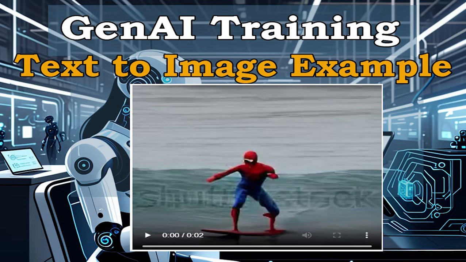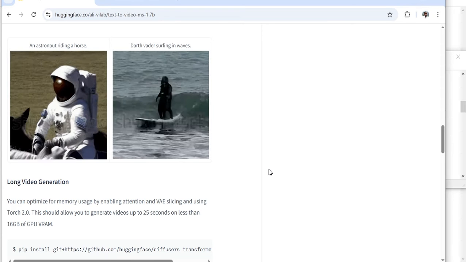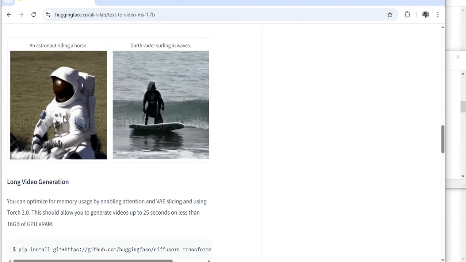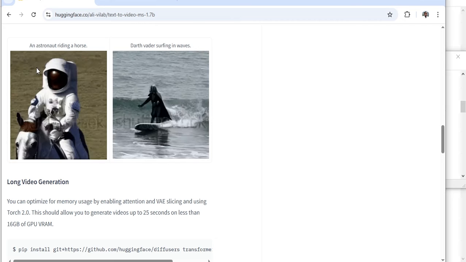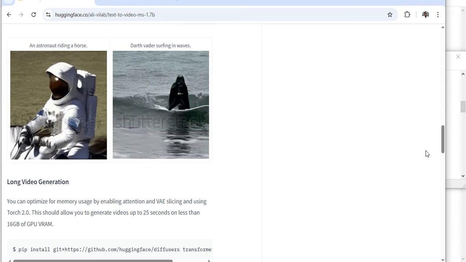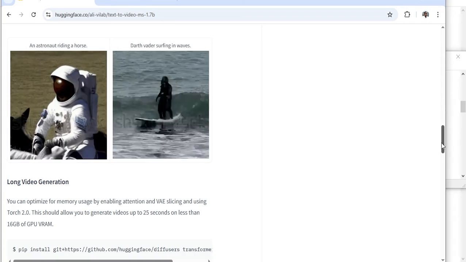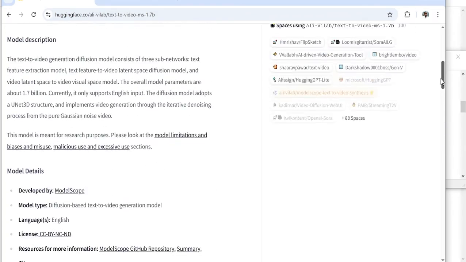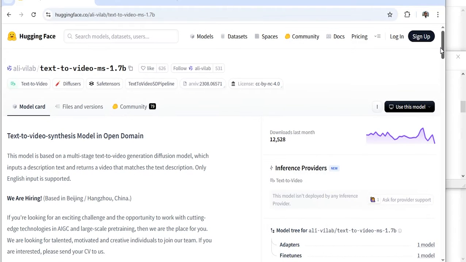Today in this video we are going to use the diffusion model to create the video from the text prompt. So we are going to create the videos like this, an astronaut riding on a horse. So basically these are the diffusion model which is trained with the large data set and which generates the video